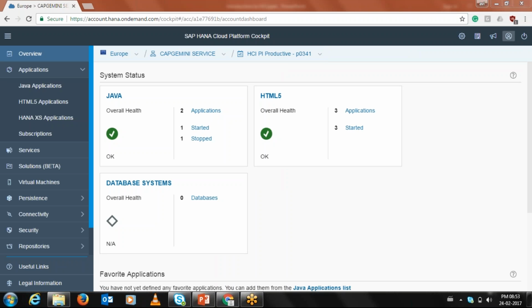Initial screen in my account.ondemand.com. Okay. You can see now, Raghu. Raghu, you're there?